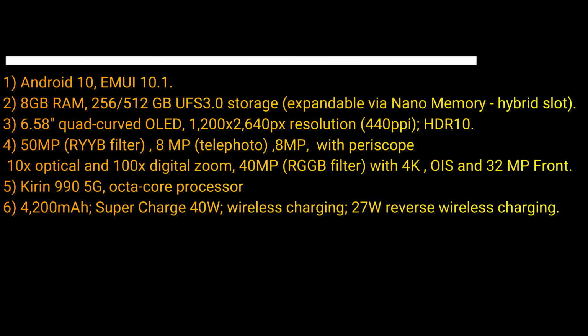The last camera on the rear side has 40 megapixel RGB filter. All rear cameras support 4K recording and OIS. In the front camera zone, we have one camera that is 32 megapixel. Huawei's top-end phones come with Kirin processor, so this phone is supporting the number 1 Kirin processor, that is Kirin 990 5G octa-core processor. It is lacking in the battery section because it has a 4200 mAh battery with supercharged